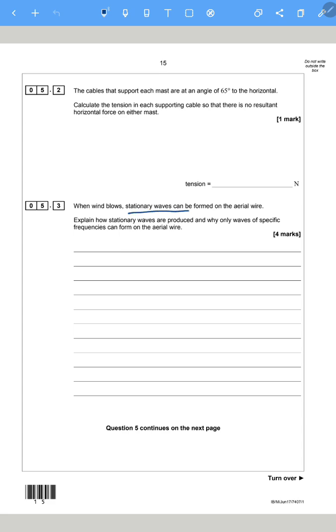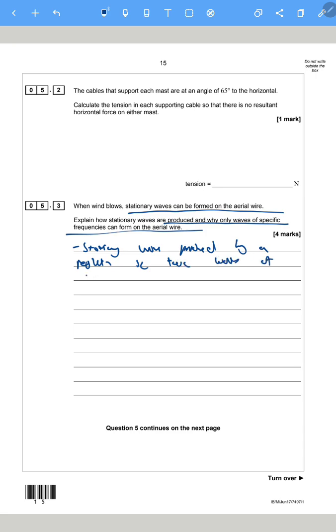When wind blows, stationary waves can be formed on the aerial wire. Explain how a stationary wave is produced and why only specific frequencies can form on the aerial wire. Okay then. Stationary waves are produced by reflection. So two waves in opposite directions would cause superposition,